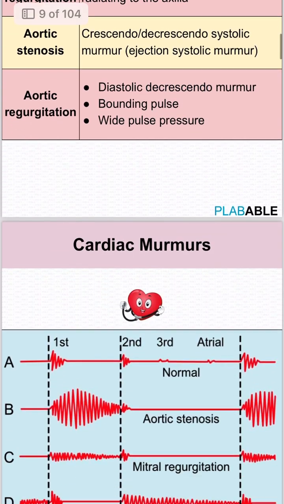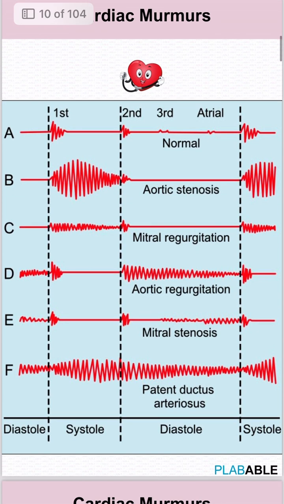Now let's talk about the cardiac murmurs. You should know the normal to exclude the abnormal. The first sound will be at the start of systole and the second at the start of diastole. It is normal, but if a murmur is audible throughout